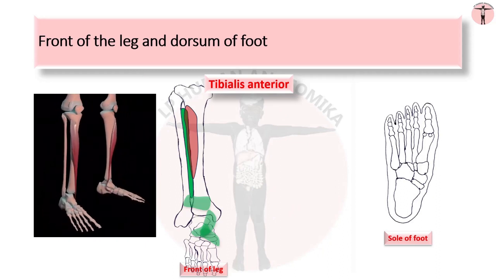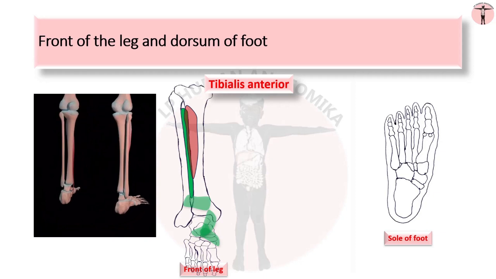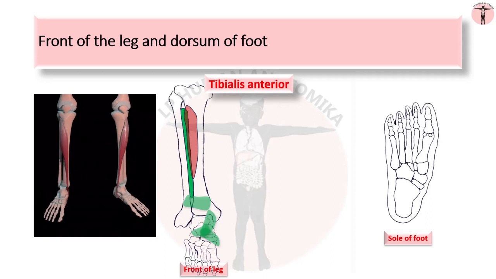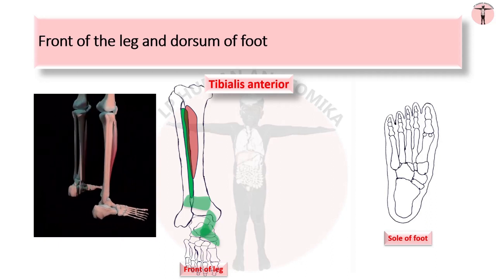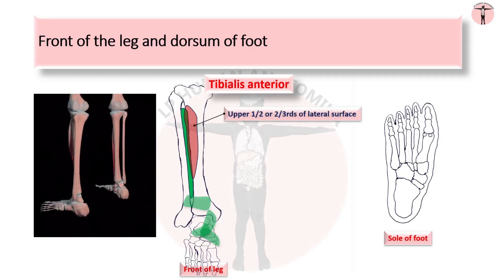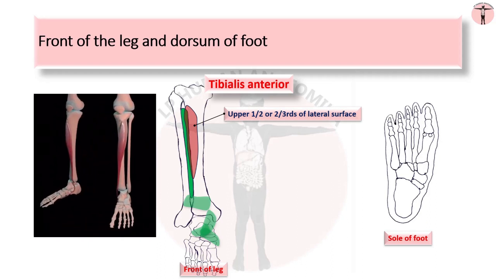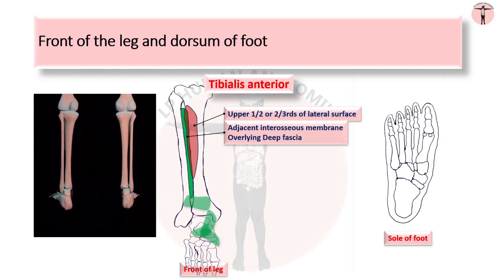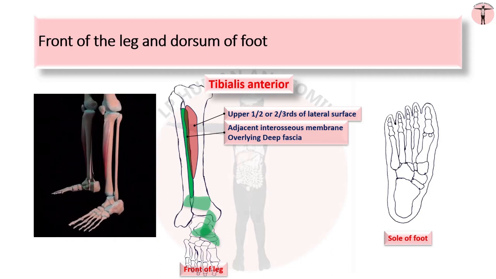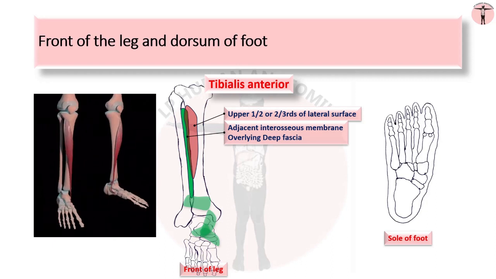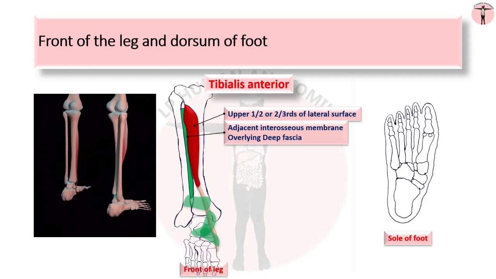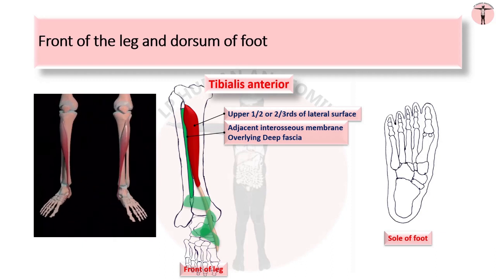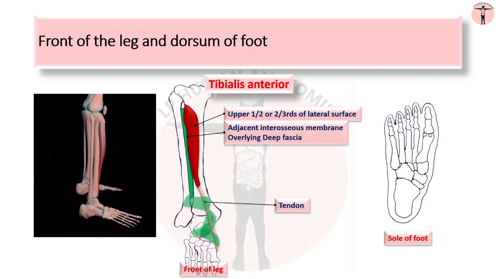Tibialis anterior muscle is the most anterior and medial-most of the muscles in the anterior compartment of the leg. It originates mainly from the upper half to two-thirds of the lateral surface of the shaft of the tibia and adjacent surface of the interosseous membrane. It also originates from overlying deep fascia. The muscle fibers of tibialis anterior converge in the lower third of the leg to form a tendon